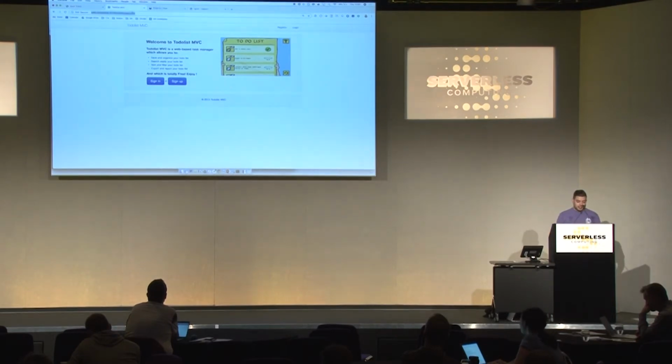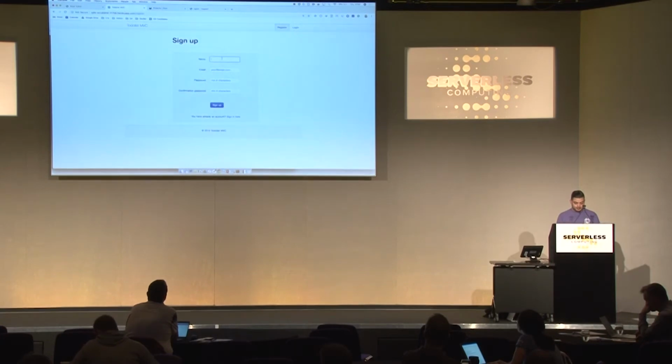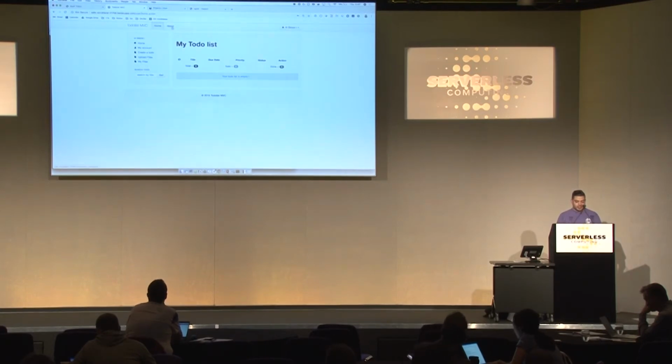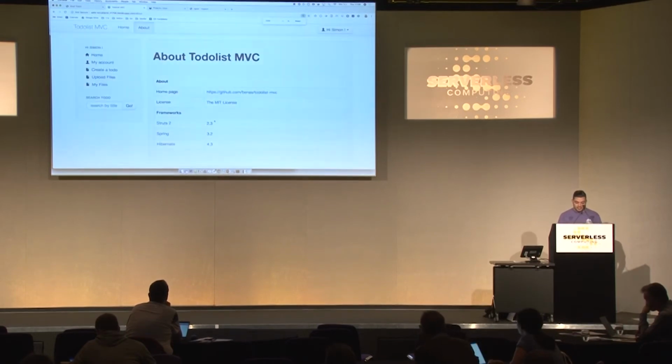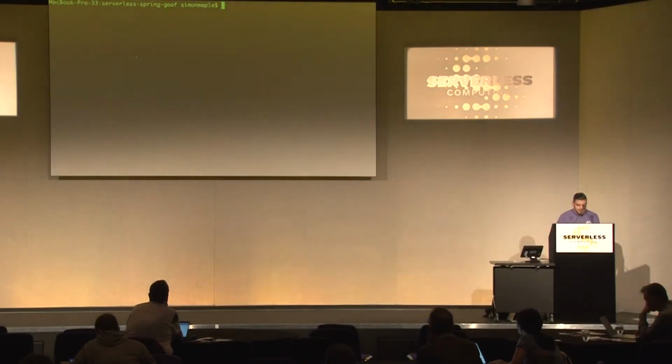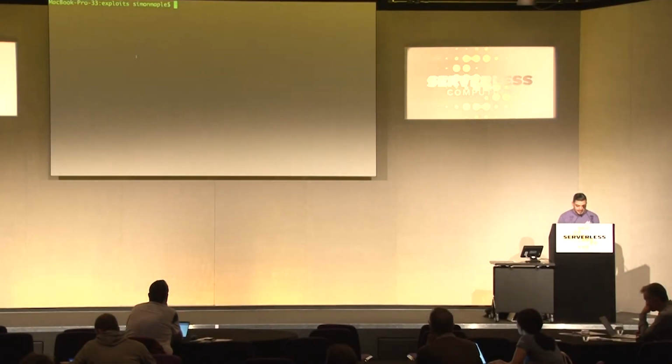So this is just a regular to-do application, so I can sign up here. Simon. I'll just use 1 to 6 as my password because this is a security talk. There we go. So here's my application. Typically on my About page, you wouldn't see this kind of information, but here we can see this is using the vulnerable Struts framework. So what we're going to do now is we're going to attack that very, very simply by